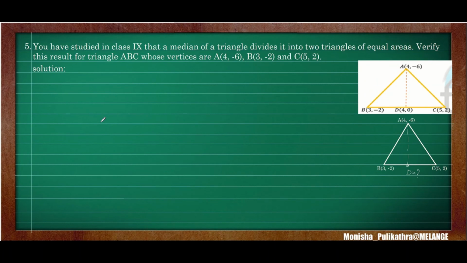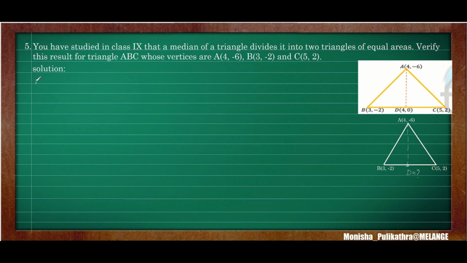So coming to the last question of this session and last question of coordinate geometry. So this problem says that if we draw a median in a triangle, then these two parts will be equal. Okay, we need to prove that this midpoint will cuts the triangle into equal parts. So this is the thing we need to prove. The area of the two parts will be equal, area of triangle. Okay, so for that only the vertices of the triangle, the three side vertices have been given, A, B and C. We don't know the midpoint. So first we need to find out the midpoint D, between B and C.